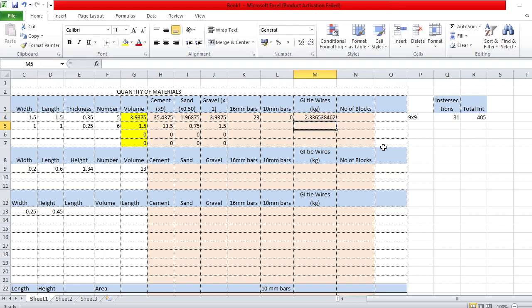Okay? So, there will be 2.236 kilograms. Now, meron dito number of blocks. Kaya lang, this is for CHB. Nilagay ko lang din dyan. Okay? Now, you will be doing that for the rest of the